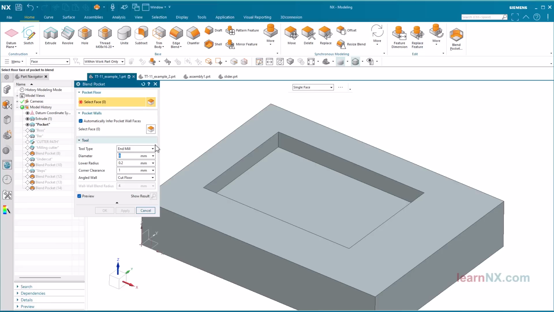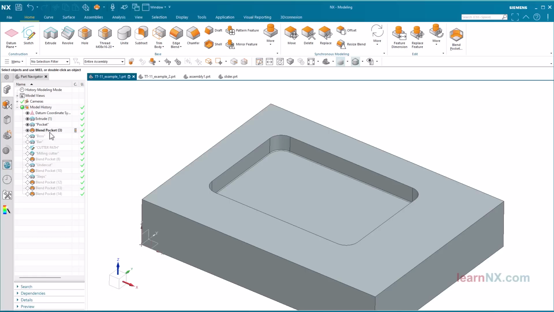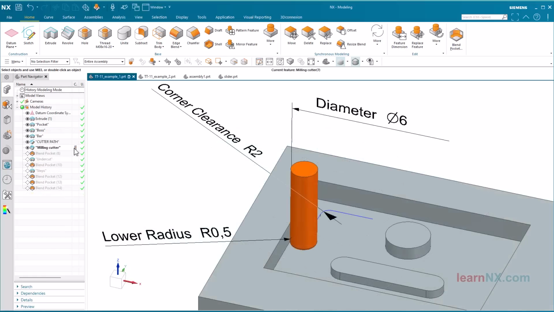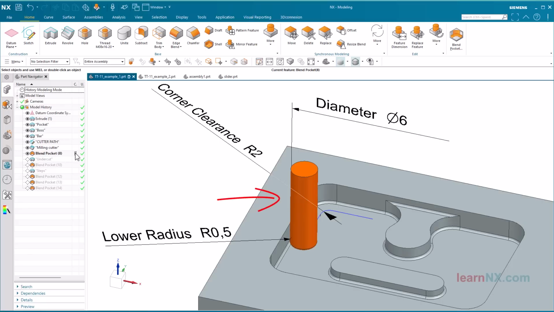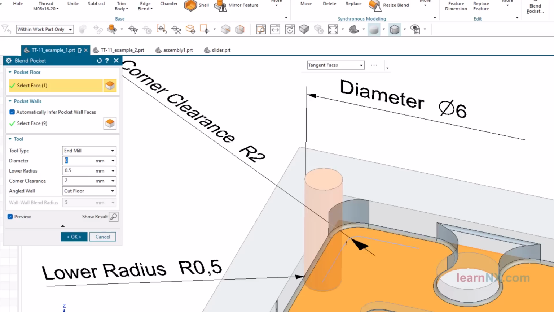After selecting the milling cutter and the parameters, one click on the surface at the bottom of the pocket is enough to create all the necessary roundings. Only to be able to explain the settings better, I have designed and dimensioned this milling cutter. In addition, I have linked it to the parameters of the Blendpocket command, and so it changes according to my